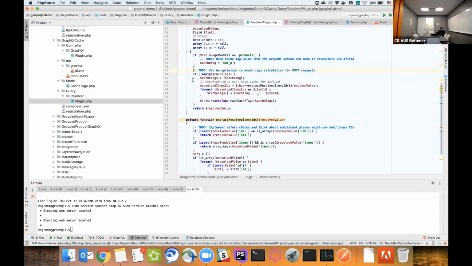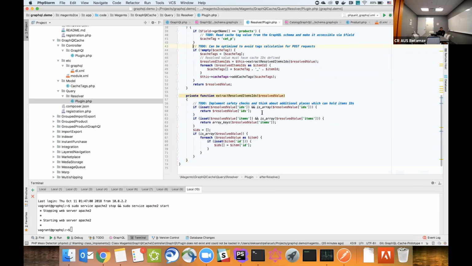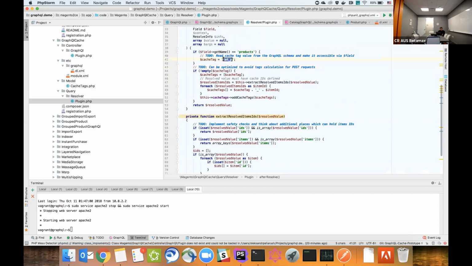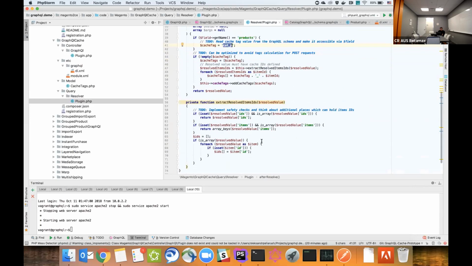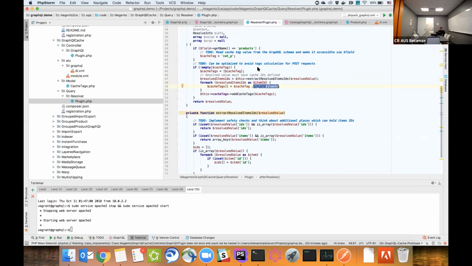Then we somehow extract IDs of entities which are present in a specific resolver. In the case of products, we need IDs of products. In the case of, let's say, resolve categories, again we need just IDs of categories. And that's how our cache tags work right now in our page cache. So we just take the cache tag for the entity and append the ID of the entity with an underscore, and that is a list of additional tags which can be used to flush